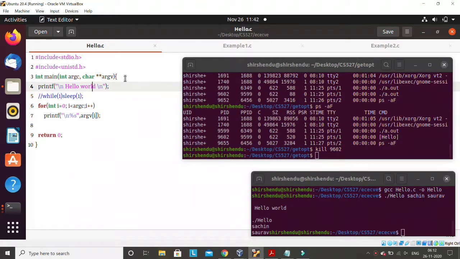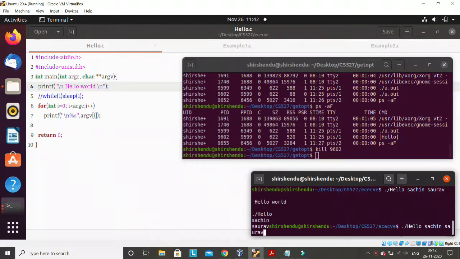So what I am doing here, this program is already compiled and stored as hello. If I run this program, normally we would write dot slash hello, but with this I can also supply some arguments. These are called arguments. So there are three arguments here. The first one is hello, so every time we supply at least one argument, but here I'll supply two more, Sachin and Saurabh. So if you see here, int main, the first one, argc, is the integer saying how many arguments there are. Let me add one more, Zahir.